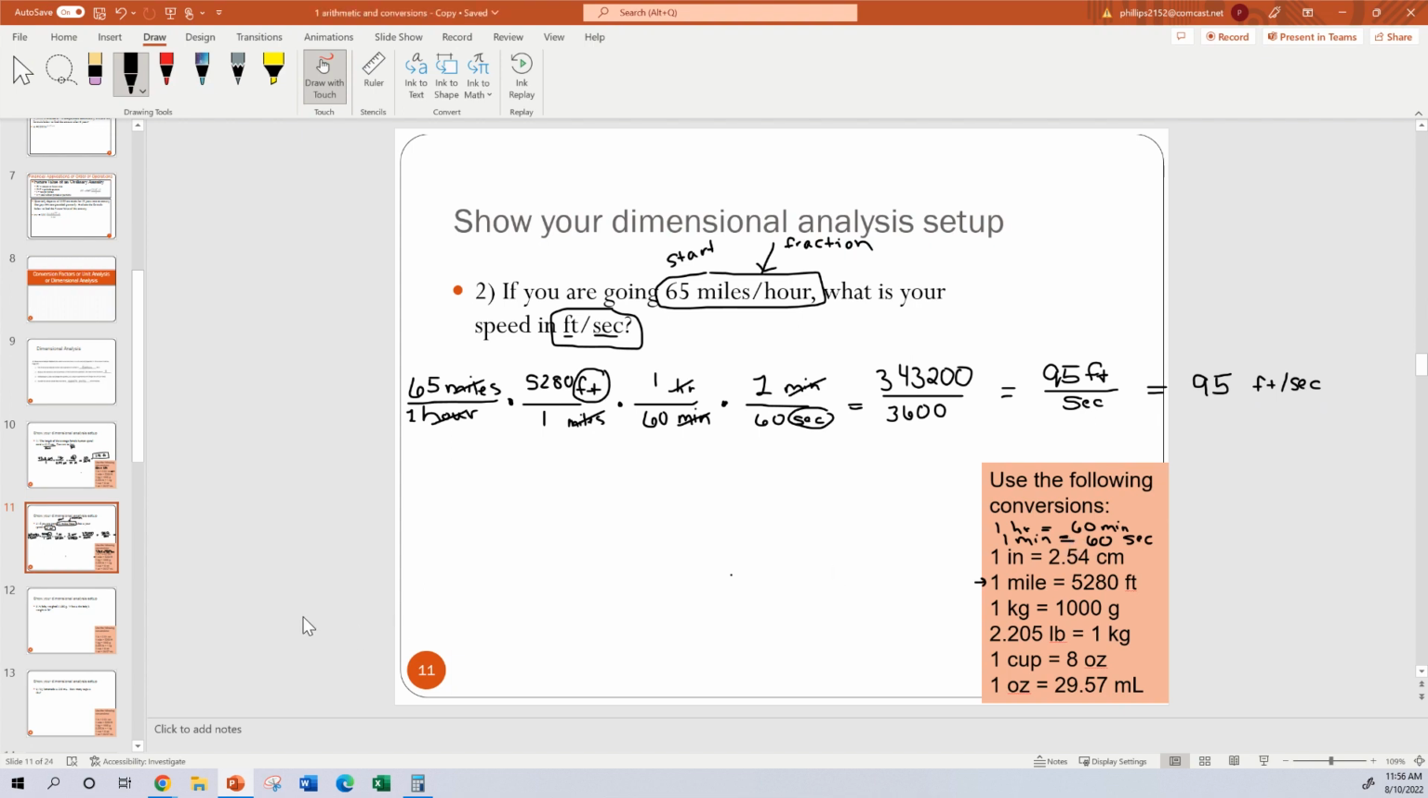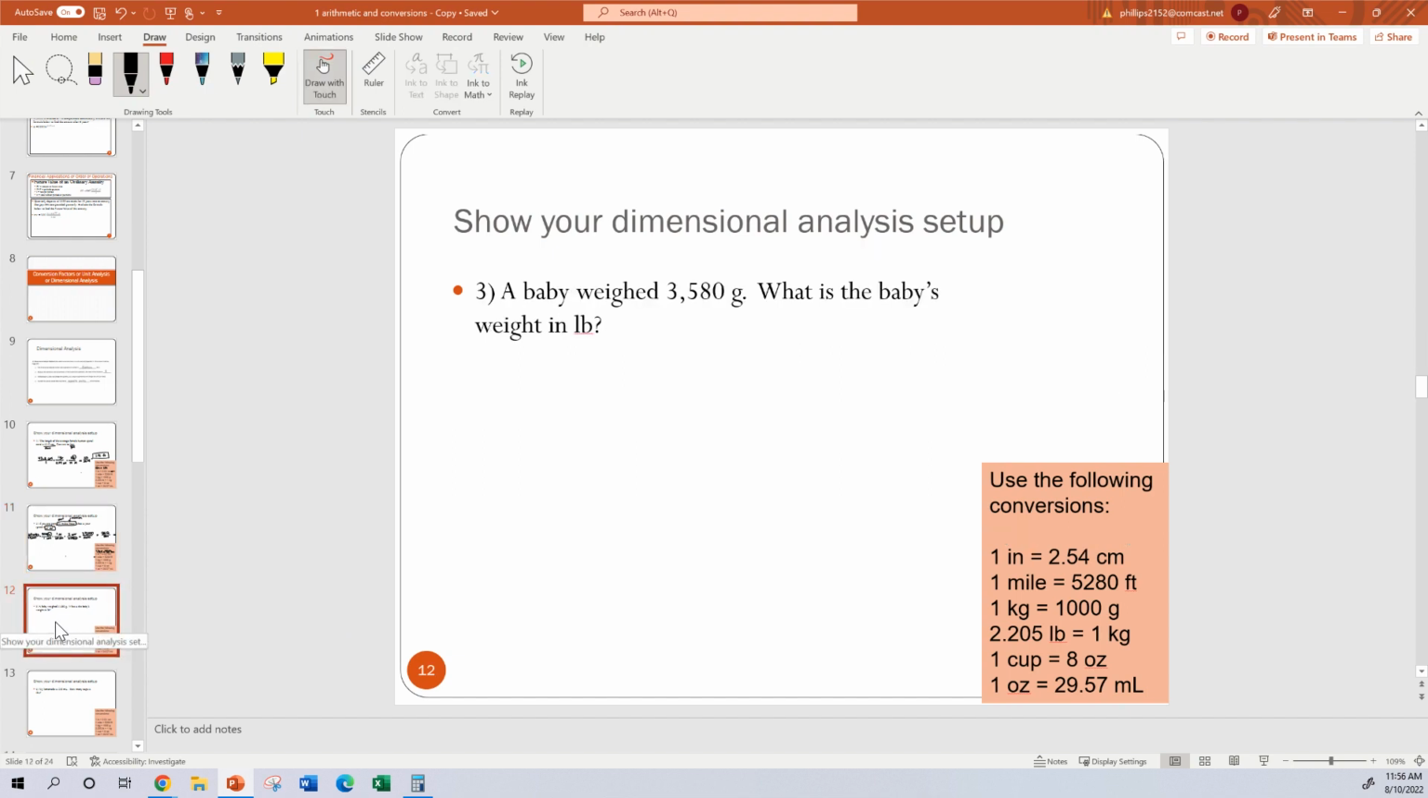So ideally, you would stop here and try the next problem on your own, but we're going to try it together. So if you want to pause, you can come back then after you've given it a try. So I look at the original, and it is not a fraction. So I will type 3,580 grams, and I will put it over 1 so that it looks like a fraction. I know that grams has to go on the bottom,